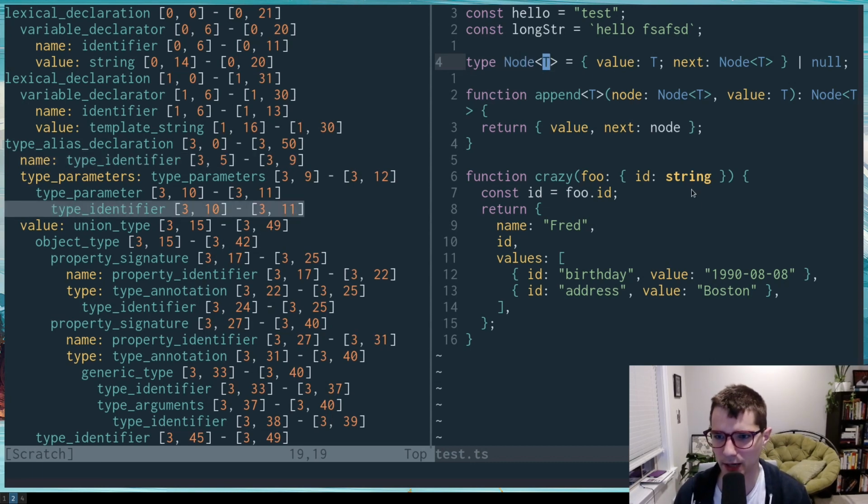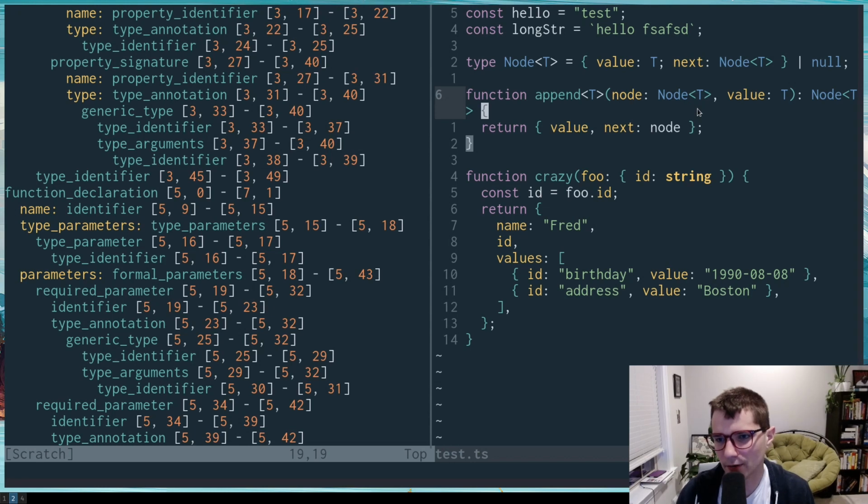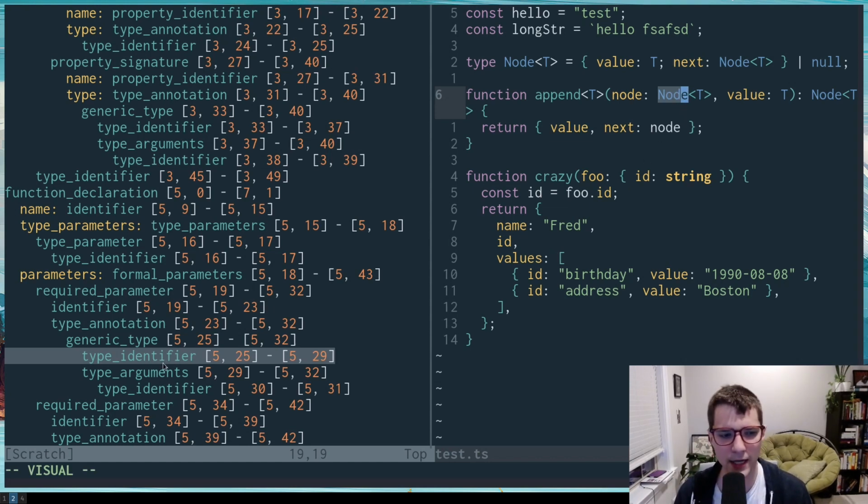They're not built-in types like string. So we don't want to highlight string and node differently just because they're built in or not. If we were using regular expressions, we'd have to have some weird regular expression that can identify places that types go, to recognize user-defined types. But here, since we're operating on an actual tree that understands a lightweight version of TypeScript, we are able to do very accurate